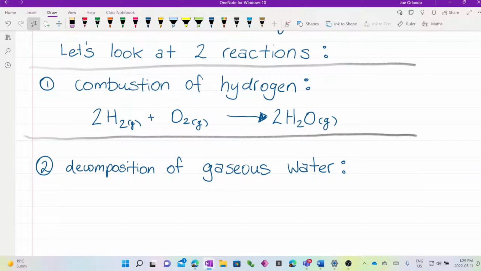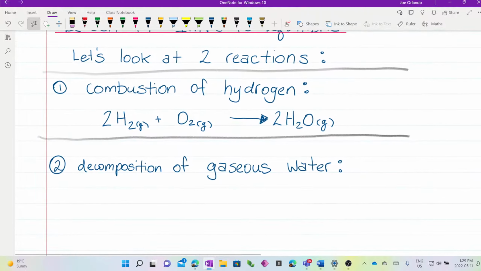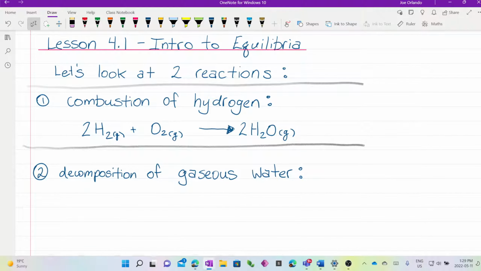Anyway, decomposition of gaseous water, and what would that look like? H2 plus O2, 2H2O, balance it. Yeah, so two of these will yield two H2s and an oxygen gas. Very good. Okay. Now for each of these,